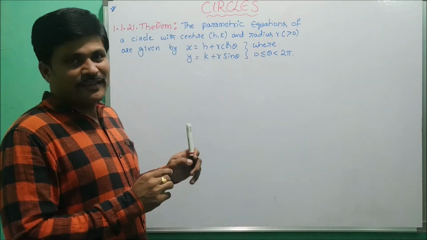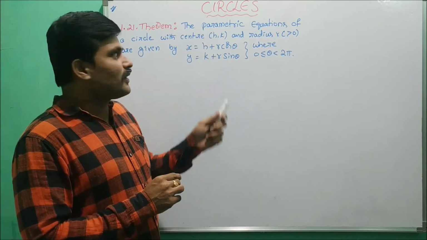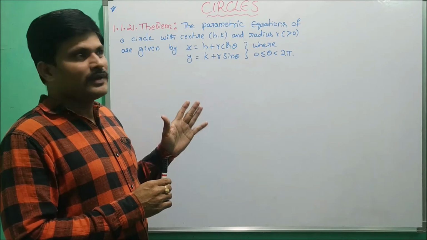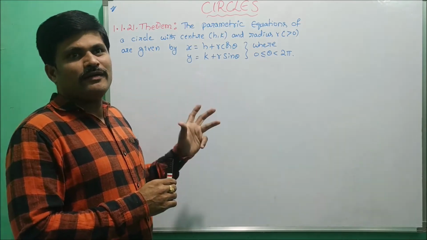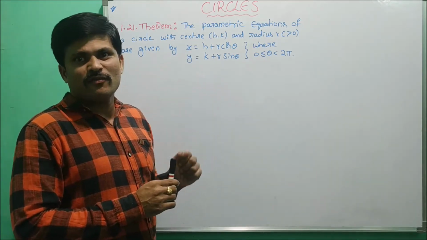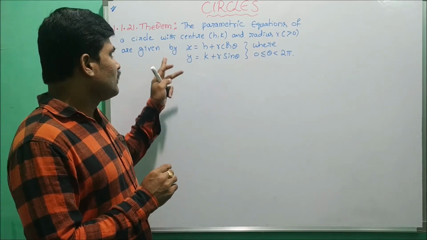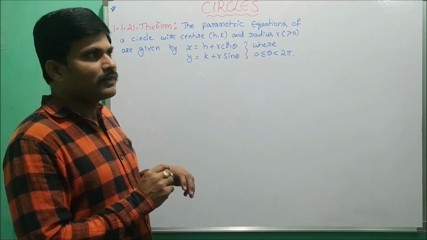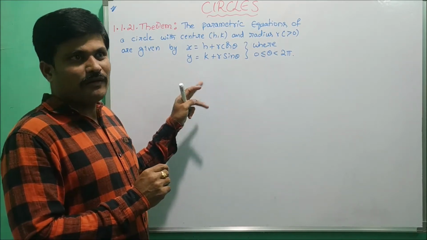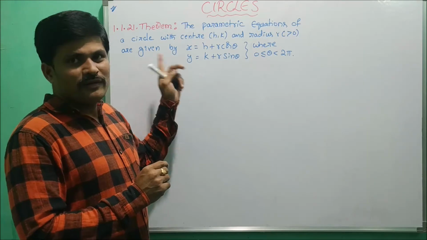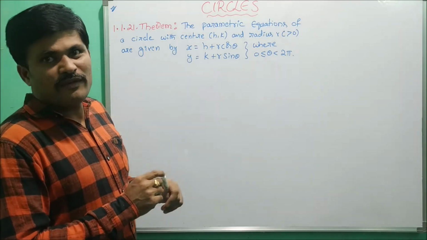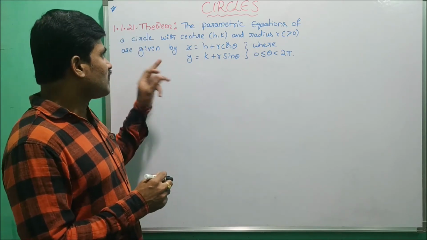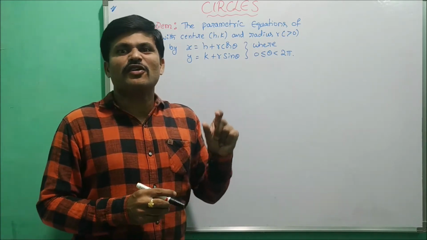Today let us discuss the Senior Inter Maths 2B chapter, that is circles. In previous classes we already discussed the important concepts and how to solve the problems in exercise 1A. In that same exercise we have to discuss one important theorem. This is also very important. Depending upon this concept, 2 mark sums are given at IPE level. Here the concept is parametric equations of a circle.